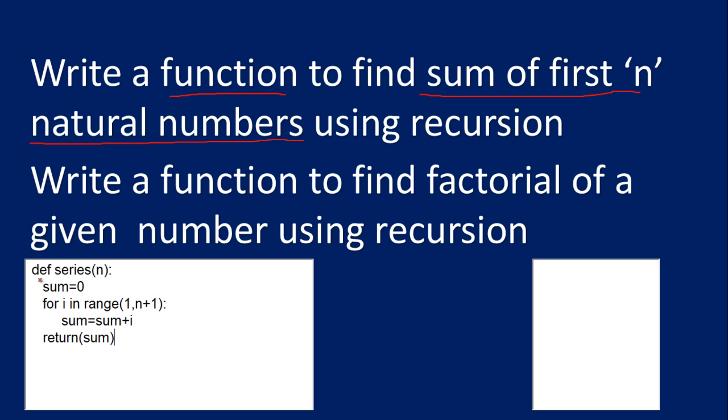So this is the code when we do the work without recursion. This is a simple function. Now in this case, you know how the work is performed: 1 plus 2 plus 3 plus 4 plus 5. Suppose the value of n is 5. As the initial value of sum is 0, it will add 0 plus 1, then 2 gets added to the result, then 3, then 4, then 5, and we get the answer as 15.